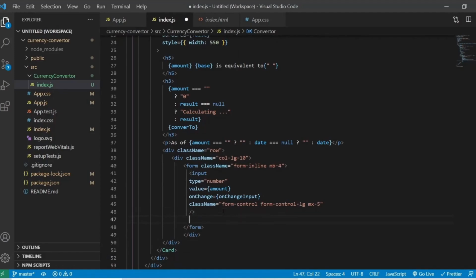and we also need a drop down as well. So I'm going to use a select here. So I am using a select here, and we need to provide name here in the select. So the name will be base, and value will be the base.